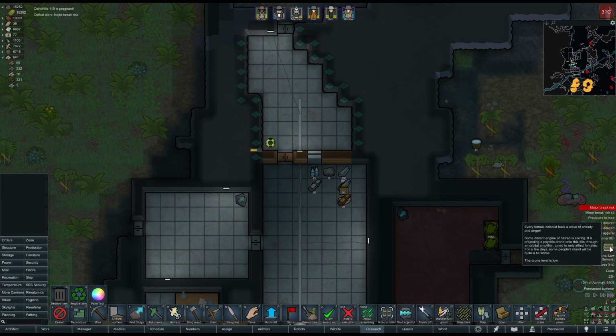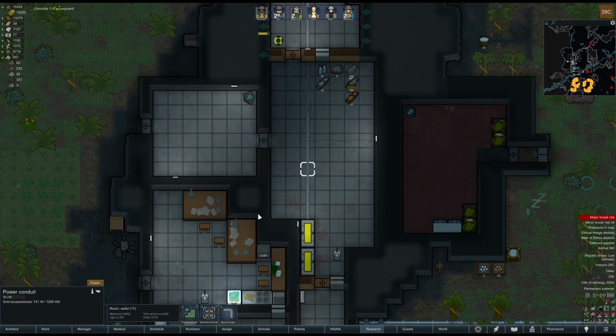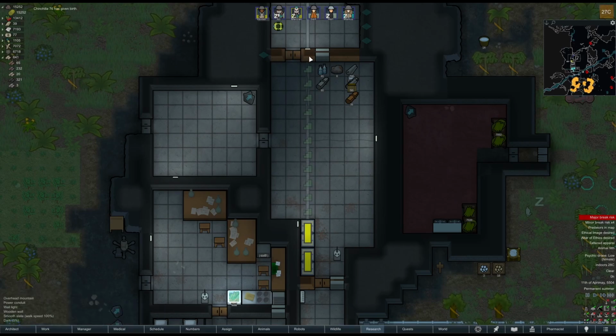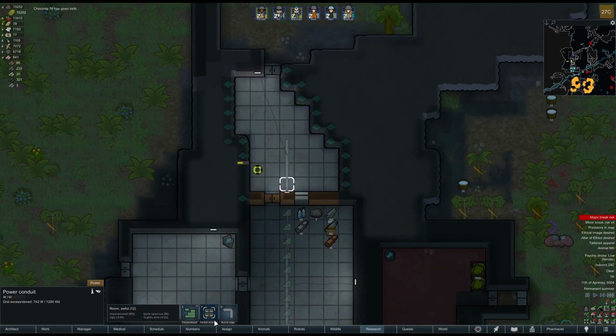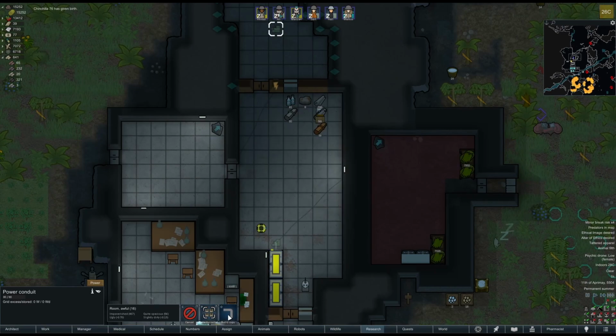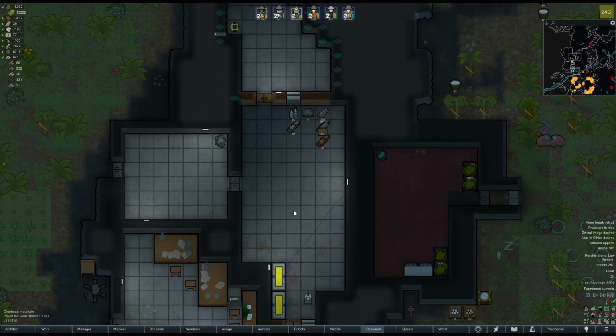A low psychic drone attuned to females. Unfortunate. That is roughly half our colony. But it is what it is. Construct this. We're going to have to rerun some power line over here. Oh, wow, it can reach. Sweet. I don't like that it goes across the floor, but...